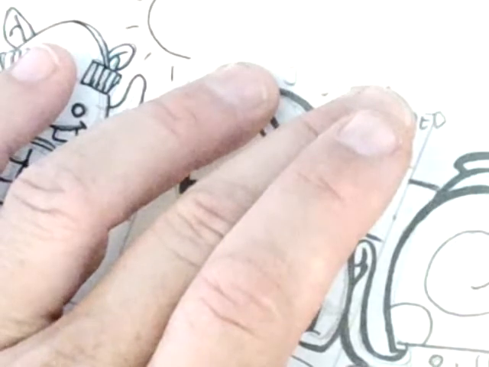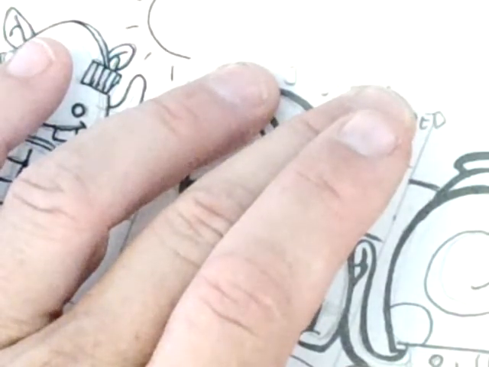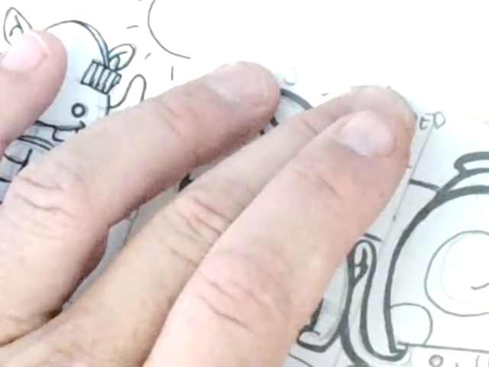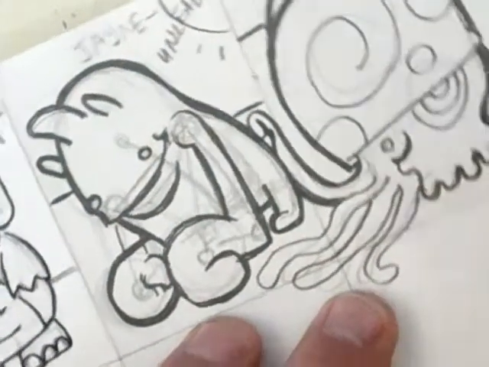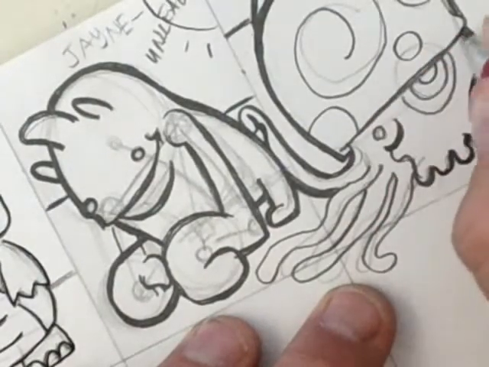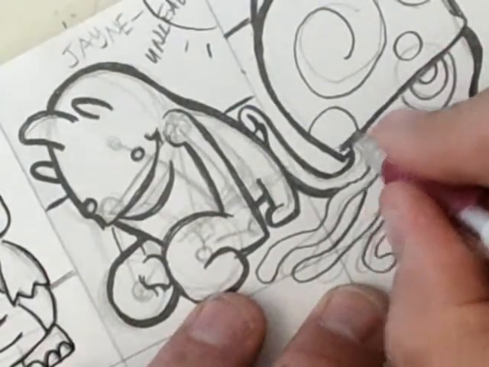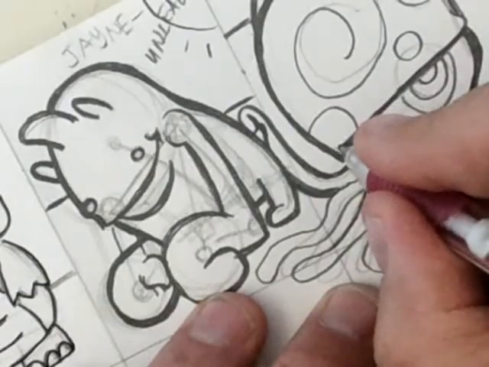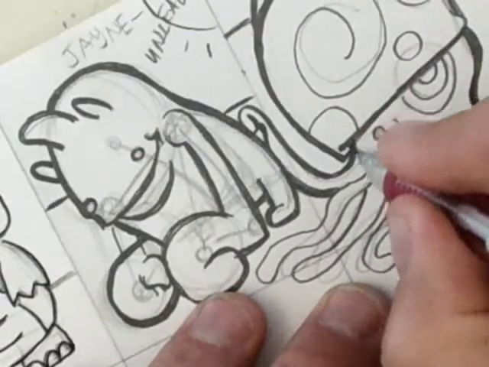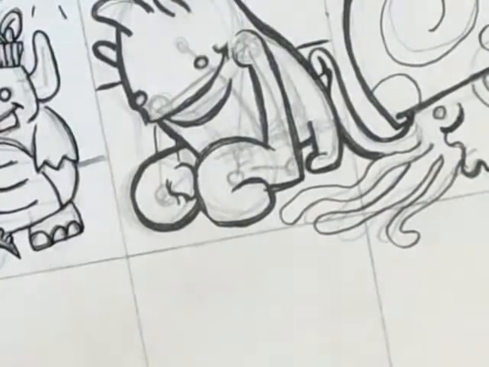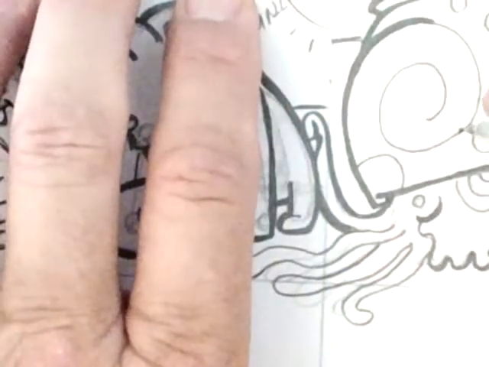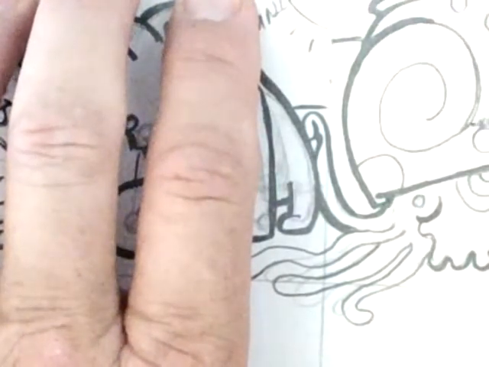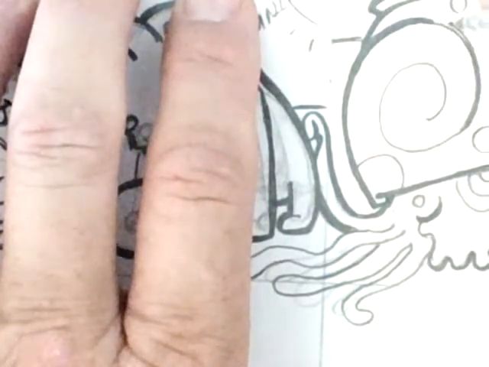So again, I'm just beefing up the lines all the way around. I really like this style. I have never done a coloring book, or I should say I've never completed a coloring book, but one of my final assignments, which isn't really, you're not going to have to do anything more than you're already doing, but one of my final assignments is that we're going to take our characters and maybe make up a story and do a coloring book, so that there's a product that's sellable,